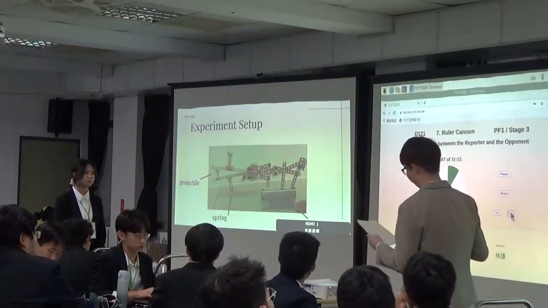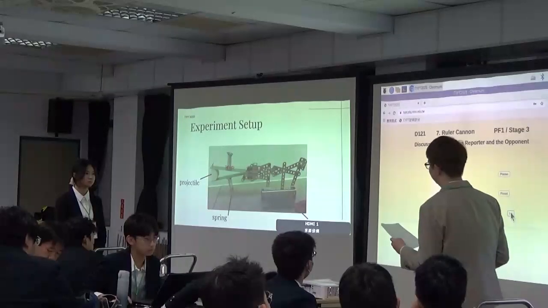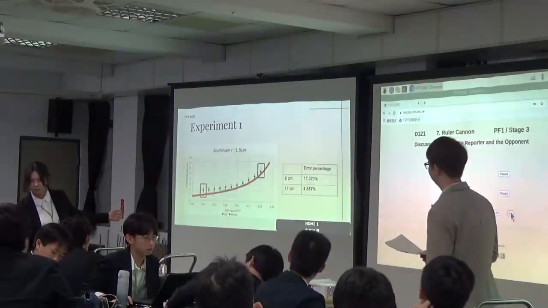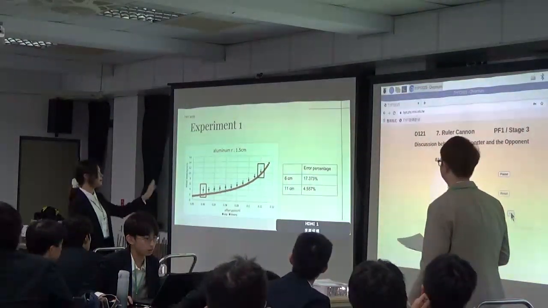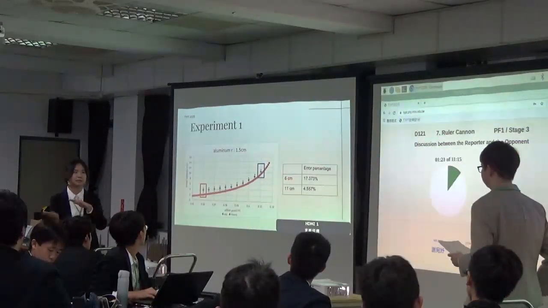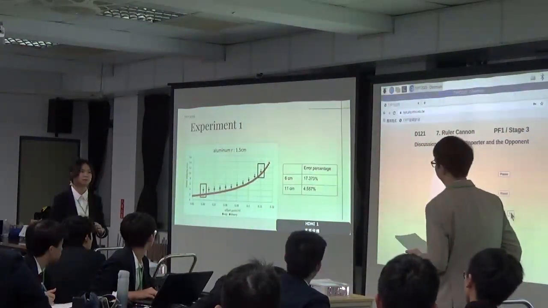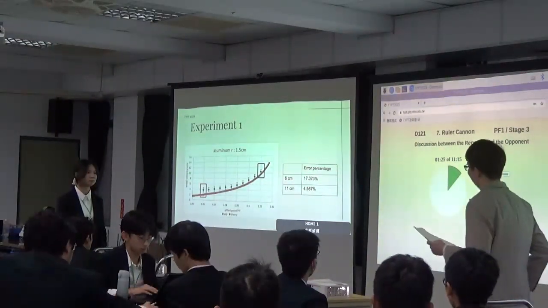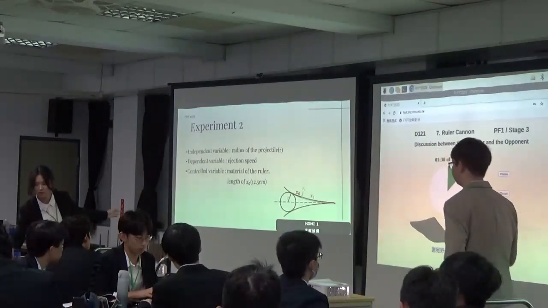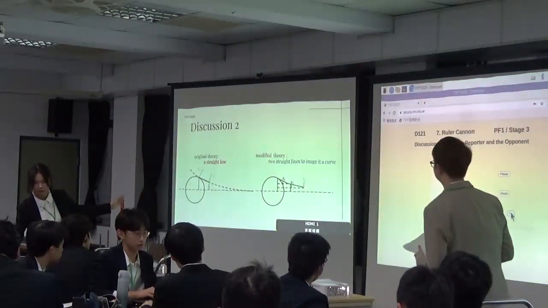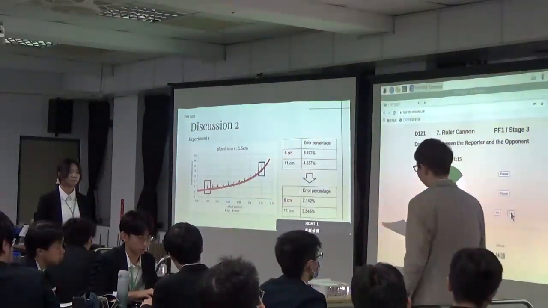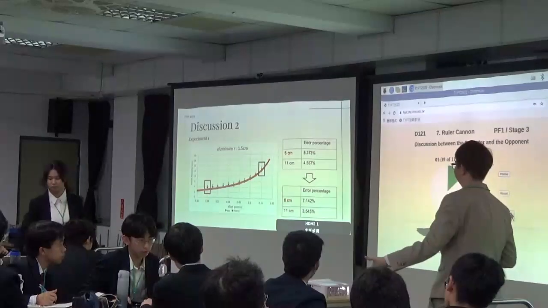So talking about this, you said the error percentage. So what is your definition of it? You mean this error percentage? Yeah. My error percentage is the experimental data minus the theoretical data, divided by the theoretical data. But 17% seems to be high. Yes, so I do the correction in my discussion. And for the guess, back to your